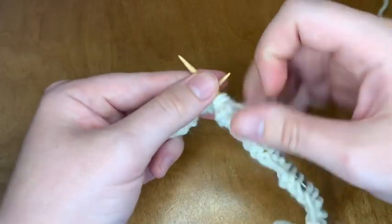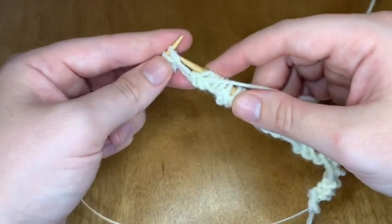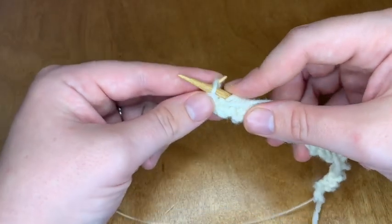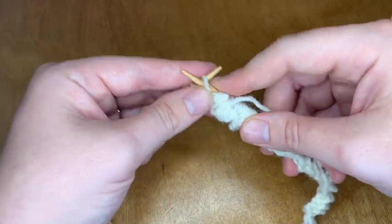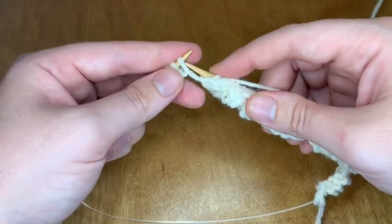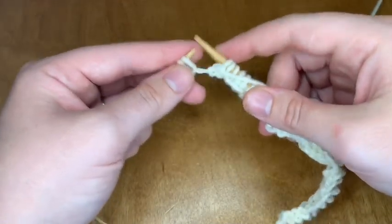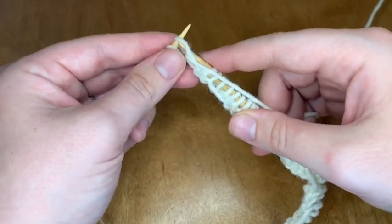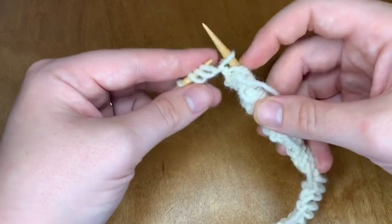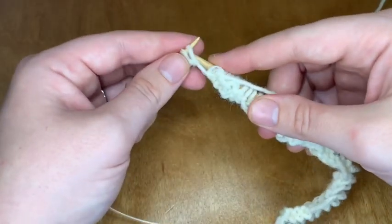Purl the next 3. 1, 2, 3. Slip 3 purlwise. 1, 2, 3. Purl the next 3. 1, 2, 3. Slip 3. 1, 2, 3. Purl 3. 1, 2,